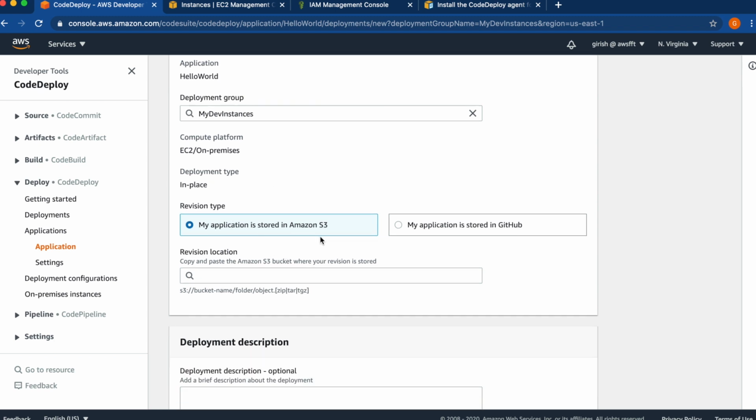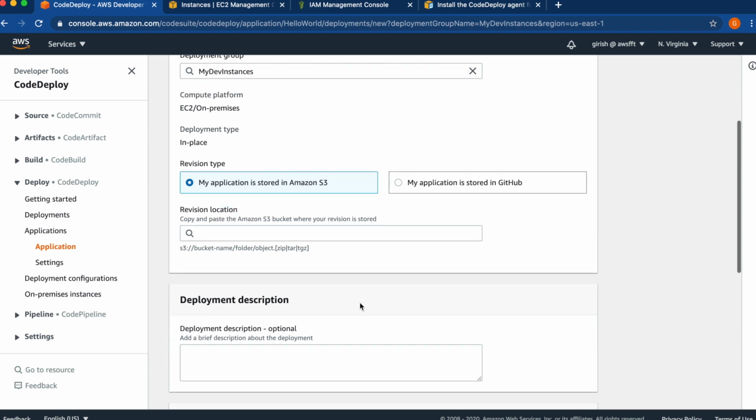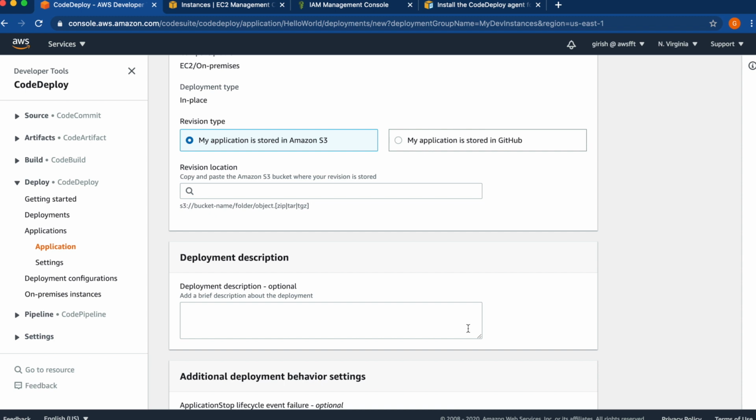My application is stored in Amazon S3 or in GitHub, so we'll be having it in S3. For now we don't have any revision, so here we should go ahead and look at making our application code available to CodeDeploy for this deployment.